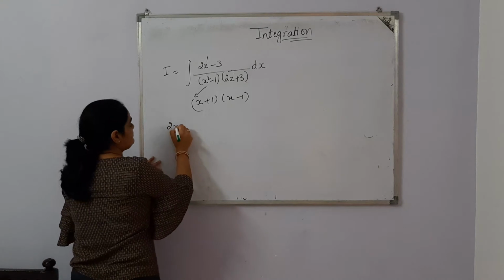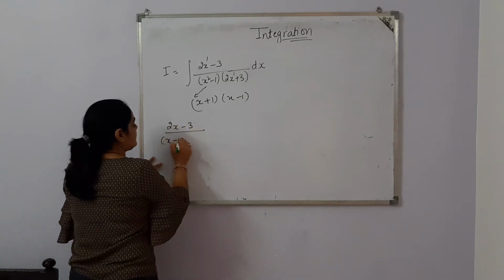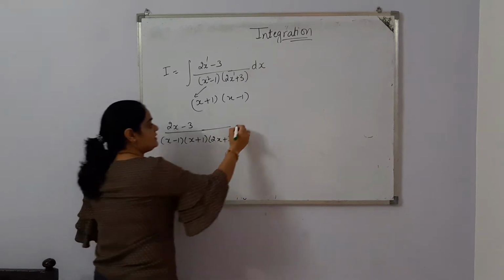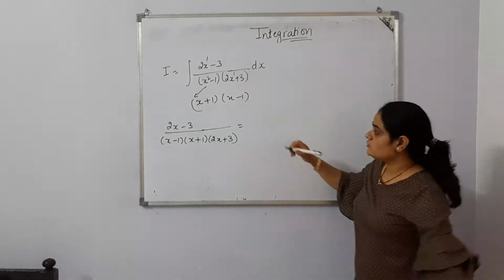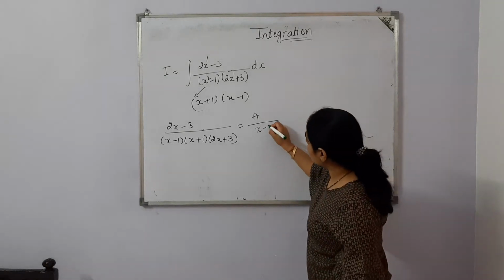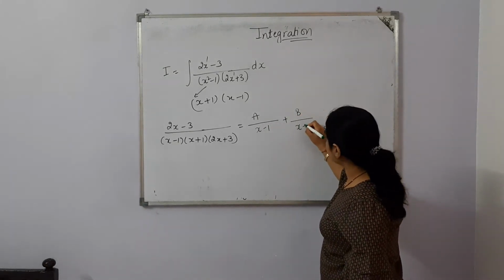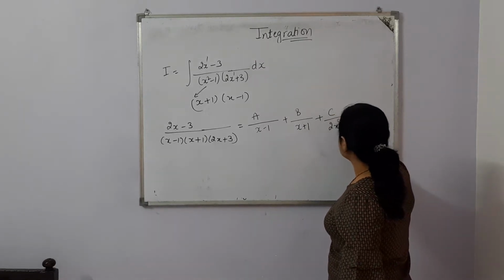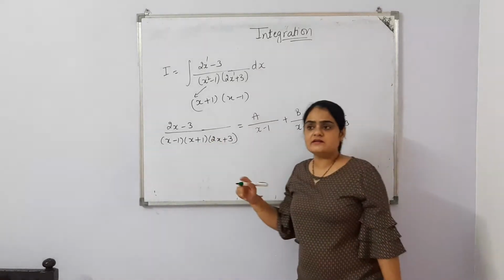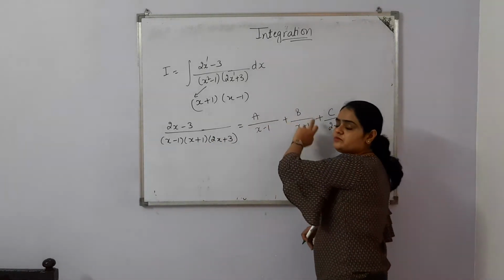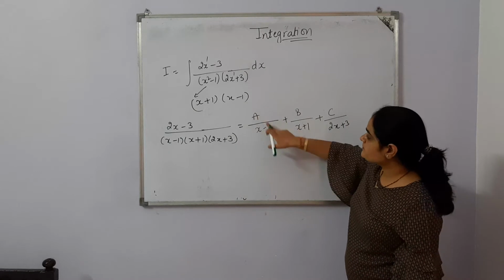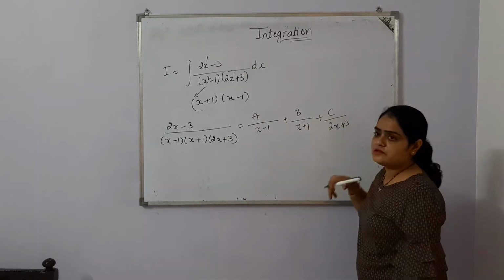So what we can do: the expression over x minus 1, x plus 1, 2x plus 3 equals, of course, we want to segregate it out, so we take a upon the first factor, b upon the second factor, plus c upon 2x plus 3. Of course, in the previous question we had two different linear factors. We took a upon the very first factor plus b upon the second factor. Now instead of two factors, we have three different linear factors. So we take a upon the first factor, b upon the second factor and c upon the third factor.